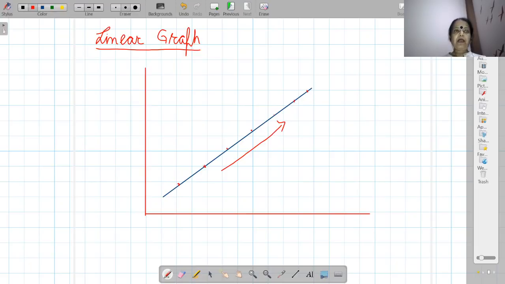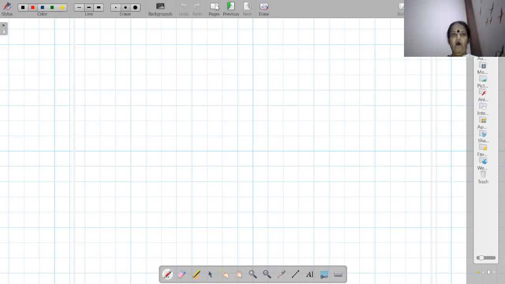Okay. Now the main concept: to show these points which I have taken over here, you have to show these points on the graph. So how will you plot these points on the graph? That we have to discuss here. So let's go for the discussion of graph over here. Now, this concept of the graph is in your 9th class also.